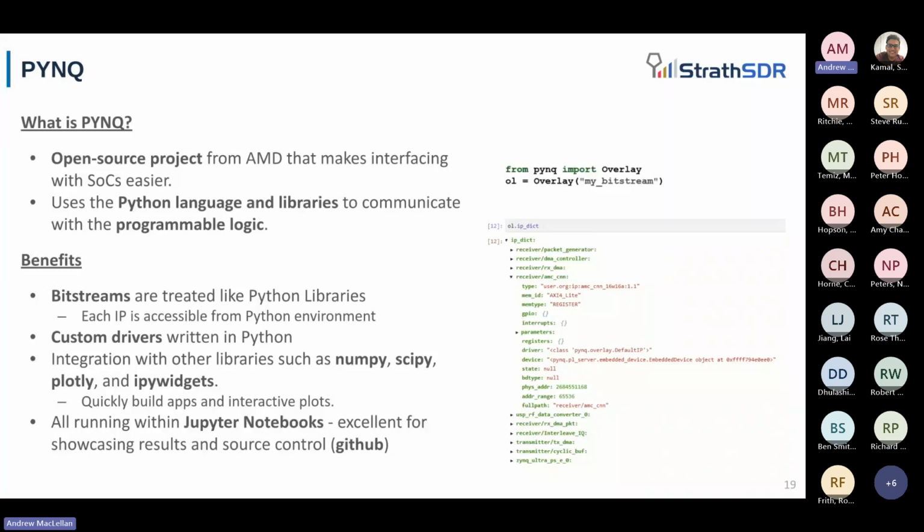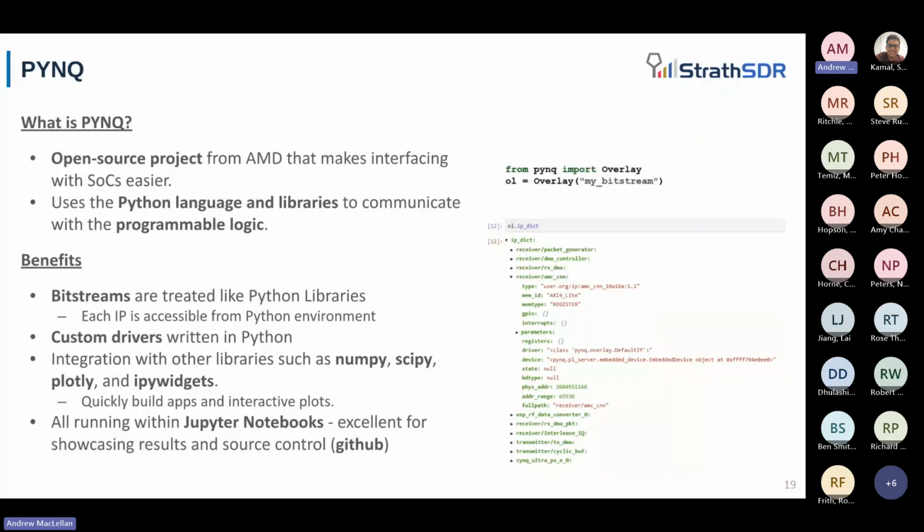And this overlay class can now read whatever IP you have in your Vivado design. PYNQ allows you to interface with this using Python libraries and make custom drivers, and take it even further to integrate other libraries such as NumPy, SciPy, and even have interactive plots with Plotly and maybe make some apps with IPyWidgets.